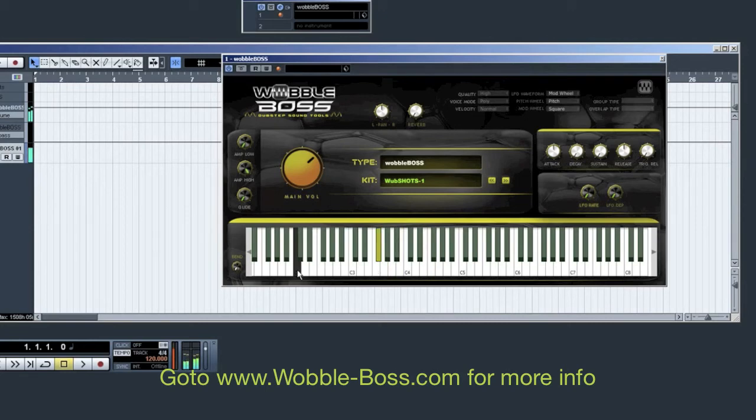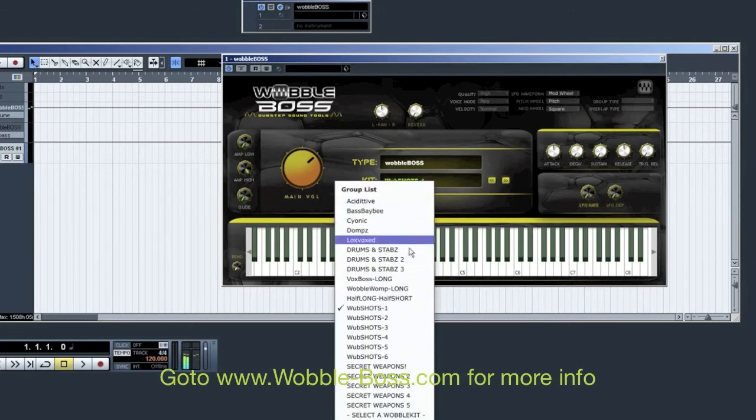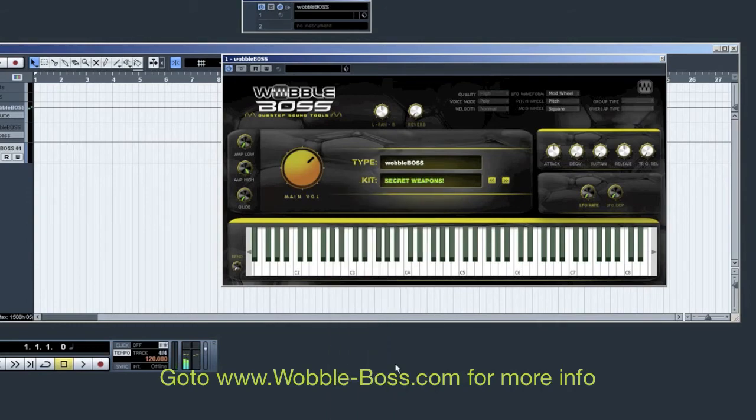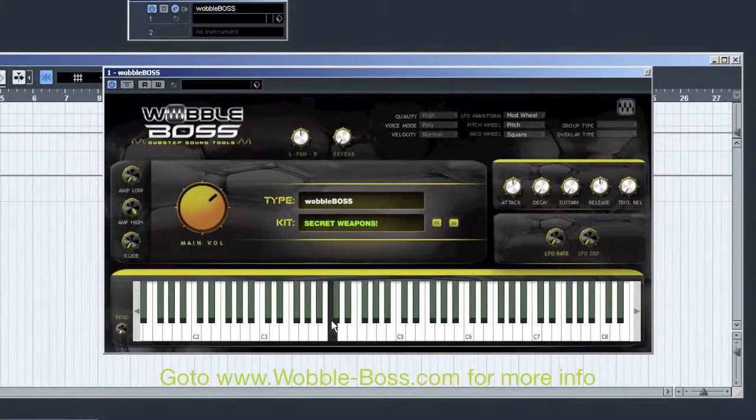Okay? And then once you get into the secret weapons, these last really long. Some of them are at 2 bar, some of them are up to 4 and 8 bar lengths. And they're really, really loud too. I don't know why that one kit turned out much louder than the others, but